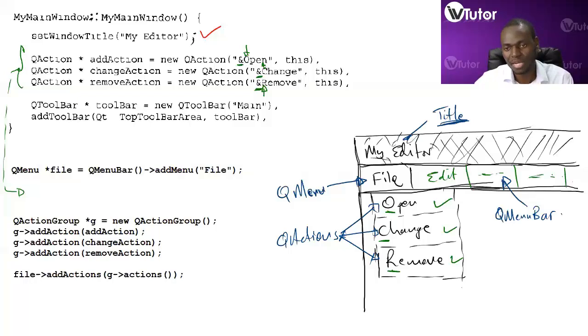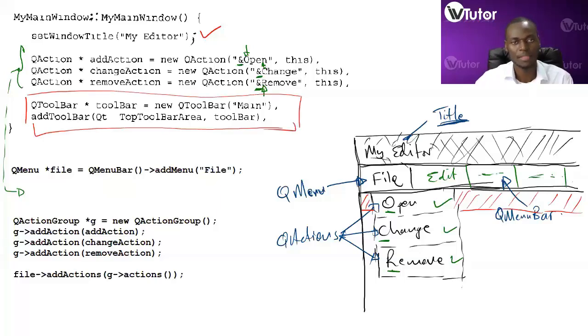Let's say we want a toolbar sitting right behind our menu here, with our icons and everything. You define a toolbar using this code that I'm highlighting. You go QToolBar equals new QToolBar, and then we can put this code here. So assuming that we have copied this code and it's now here, we have defined a toolbar, and you define which side you want your toolbar. You want it at the top, at the bottom, on the left, on the right, and so you use the